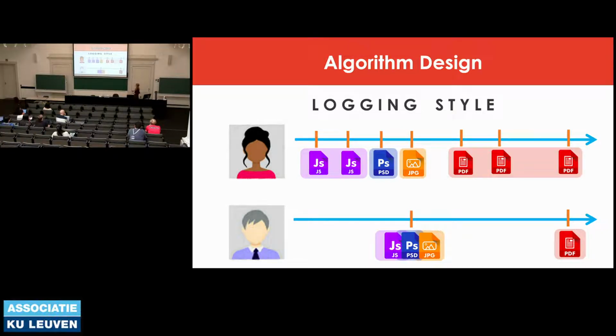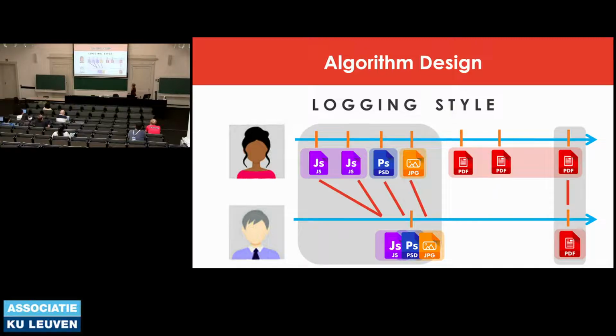So the consequence is that we cannot look at the amount of times something is tracked and say, okay, this means that the woman worked more than the man, because that might not be the case. She just had a different logging style. So what we need to do first is group these events together. So for example, now we can see that the woman had 3 work sessions and the man 2.